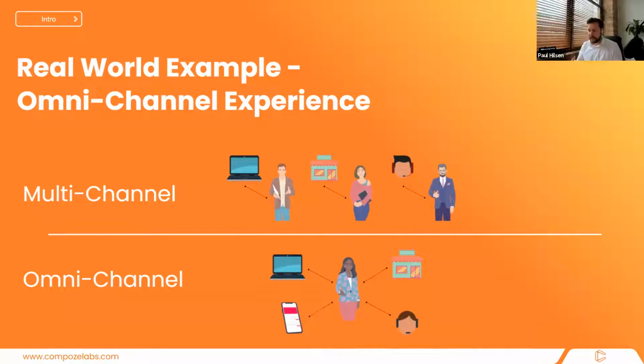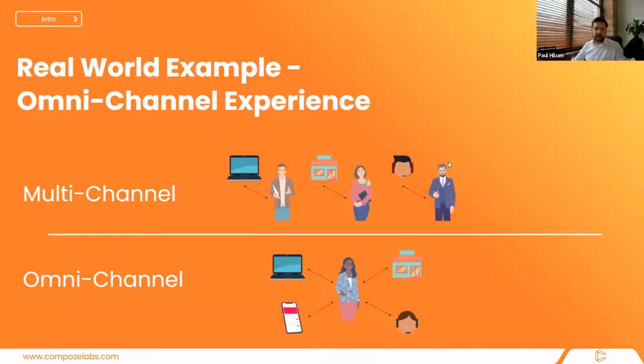If I buy something online, then my mobile app should know that. In store, the employees should know that, and customer support should know that as well. I shouldn't have to start over. I should be able to move from one to another, and that requires business critical integrations between all these different